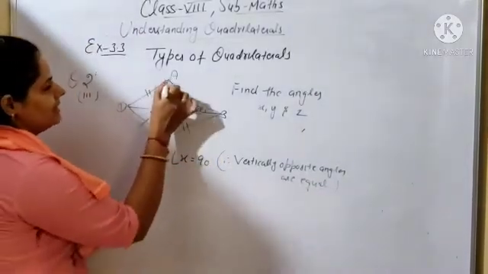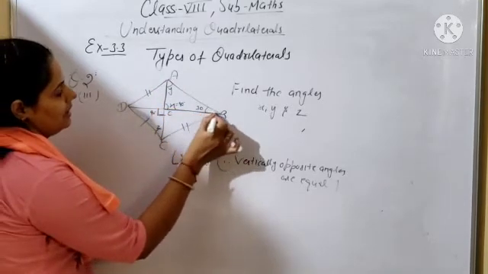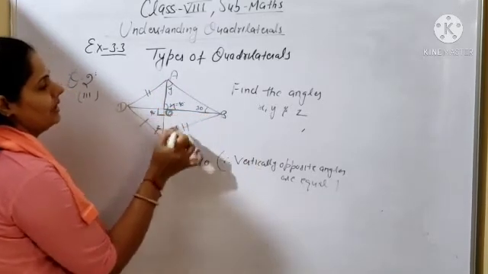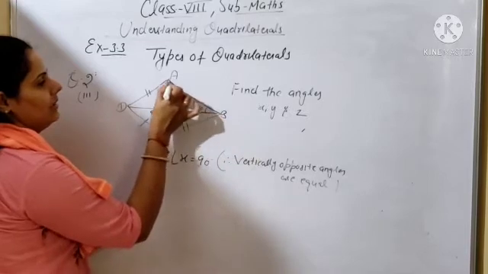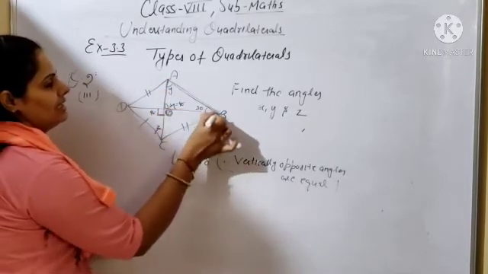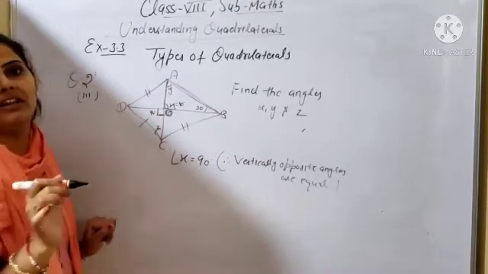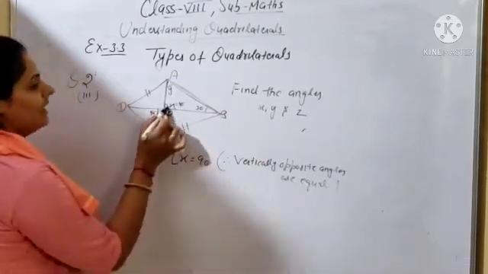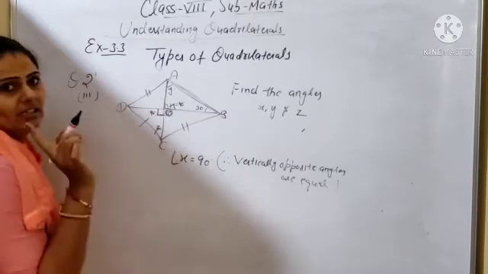Now beta, you can see this one is a triangle. I am giving the name here: the intersecting point is O, so triangle AOB. This is a triangle, and the sum of the angles of a triangle is equal to 180 degrees. This one angle is known and this one is known, so you can find the third angle.